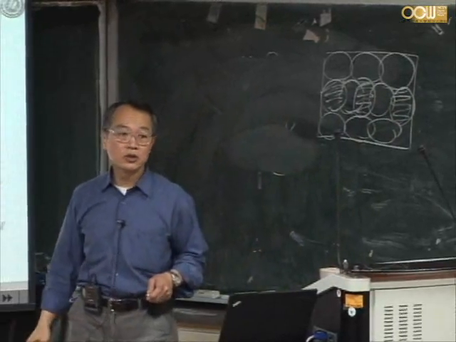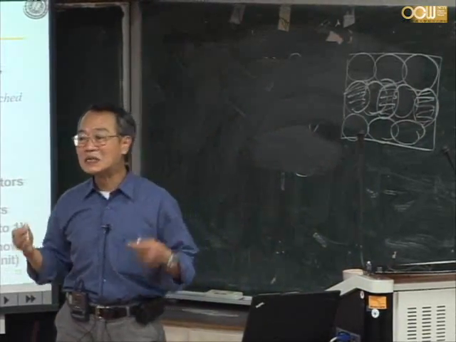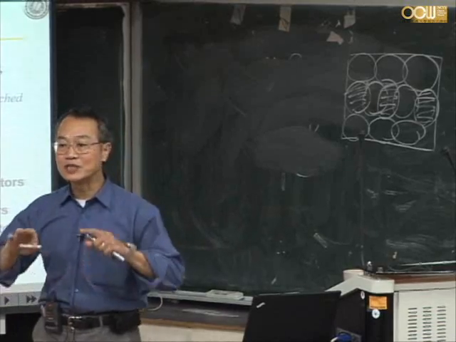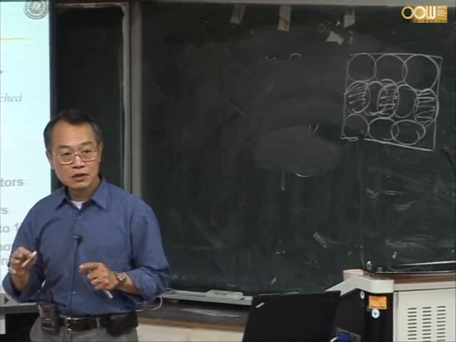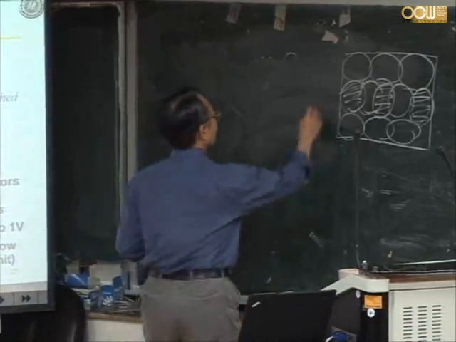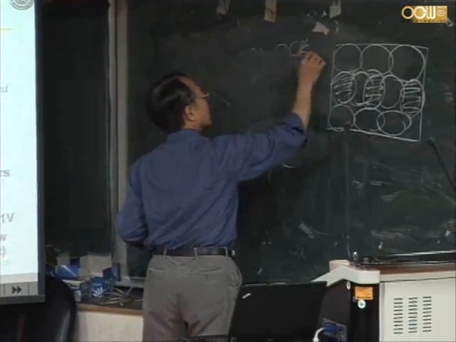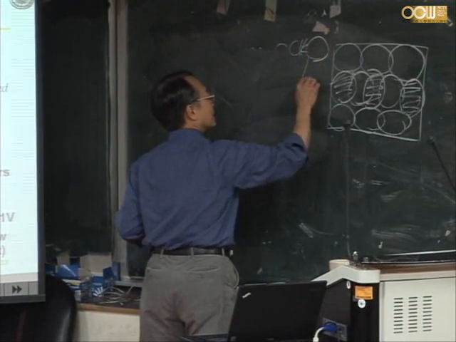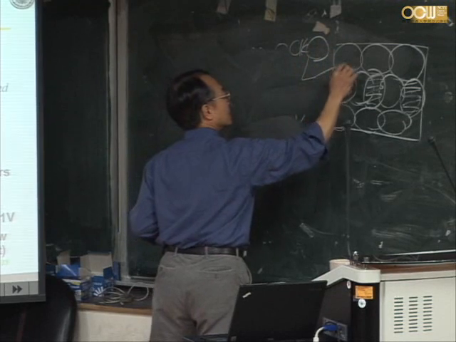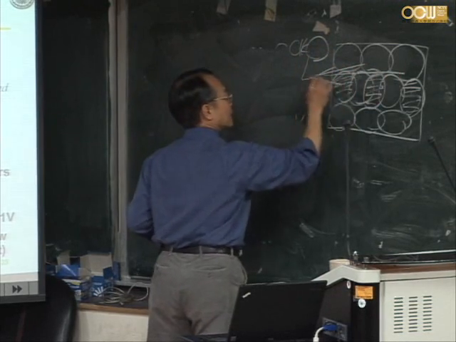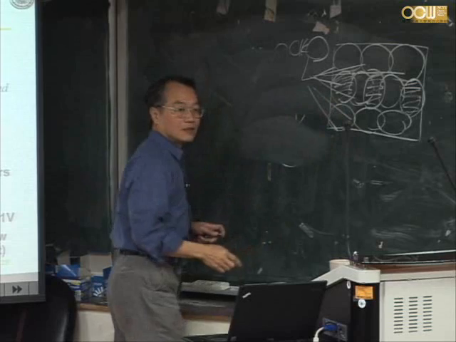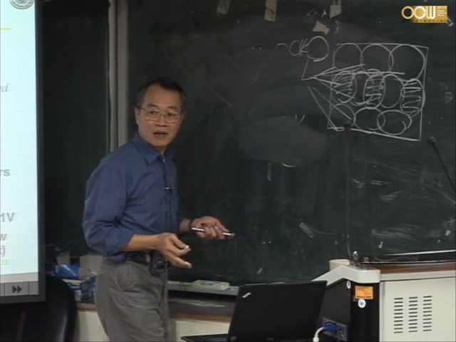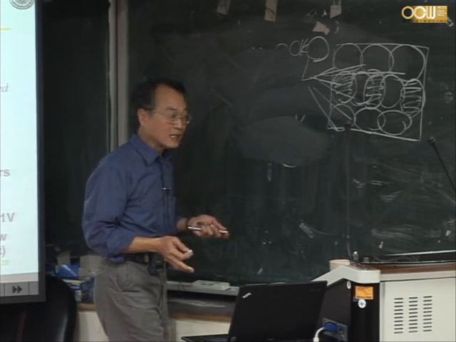Then what do we do? We simply don't let these components switch. So one way we can do it is we have a clock generator, right? We send the clock to here and here and here and everywhere